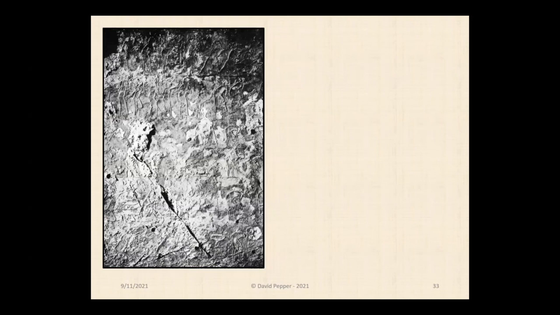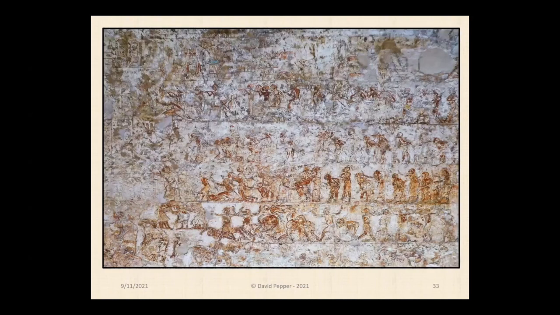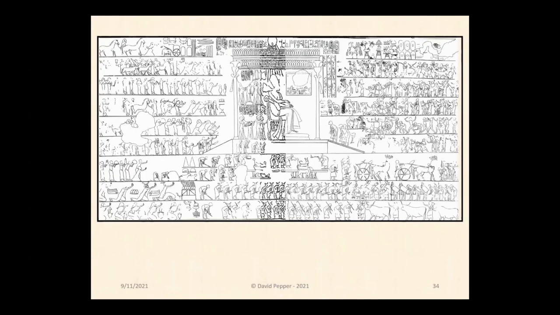The tribute scene in Mary Ray's tomb was badly damaged, even before Davies copied it, as can be seen in this photo published in the Rock Tombs of Amarna. In the footnotes, Davies says he used drawings by Robert Hay and Nestor L'Hote to fill in the gaps. Here's a recent photo taken by Barry Kemp. Today, Mary Ray's tribute scene is still quite damaged. Guess we need somebody to come and restore it. Davies' drawing of the Mary Ray tribute scene has some similarities with the scene at Huya's tomb, but with much added detail. The foreigners from the northern countries are shown on the left-hand side of the king's pavilion, and the tribes from the south are shown on the right.